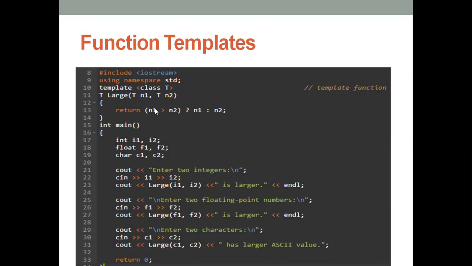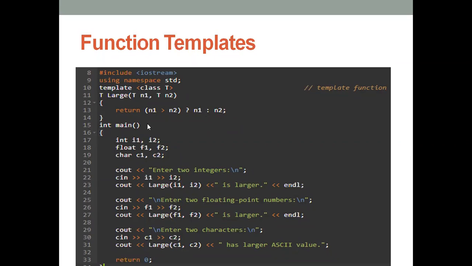In this program, what is going on? We are checking whether the value of n1 is greater than n2 or not. If n1 is greater than n2, our program will return n1. If not, if false, then the template will return n2. This is the conditional operator we are using over here. You can simply write this code with the help of if else also: if n1 greater than n2, return n1, else return n2. This is the meaning.